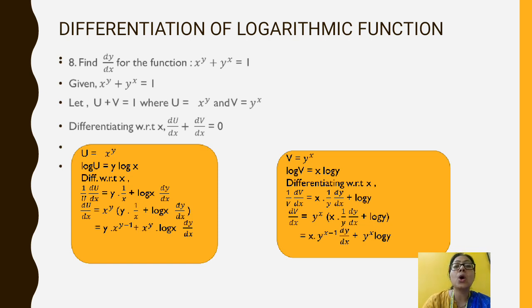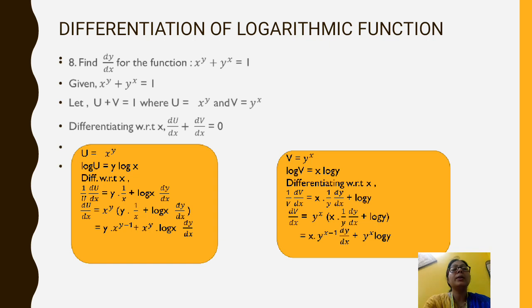what we are getting is log u is equal to y log x, and differentiating with respect to x, 1 by u du/dx is equal to y by x plus log x. We are using the product rule here, log x into derivative of y is dy/dx. Similarly, for v also we take log on both the sides, log v is equal to x log y. So differentiating, 1 by v dv/dx is equal to, on the right hand side, x unchanged, derivative of log y is 1 by y dy/dx, plus log y unchanged, derivative of x is 1. So we get du/dx and dv/dx.